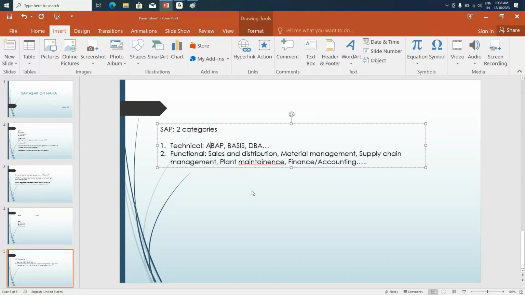One more advantage is, since most of the openings are for ABAP, if you are stuck at any point, you will have many people who can help you out. For example, once you get the job, you're having an issue, you're not able to understand something, or you're stuck at one point. Then someone has to be there to guide you to the resolution, right? Push you a little. Since other functional areas have a limited number of people, there are not many who can help you out. But since the ABAP team has the most resources, there will always be people who can help you. So you'll have more colleagues in ABAP.